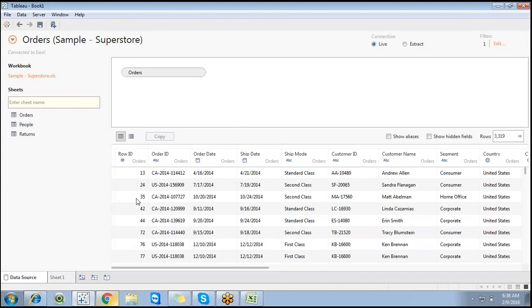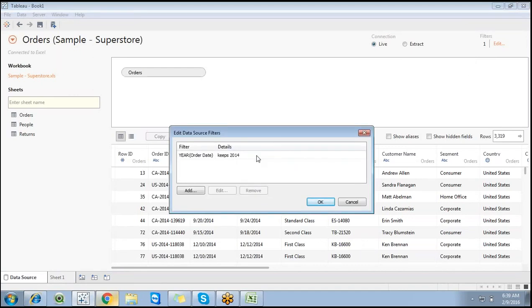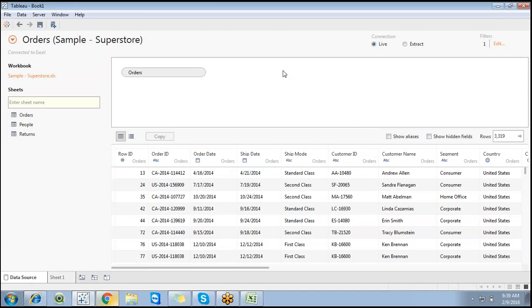Every time I want to restrict some part of data for every report, or all the reports, try to restrict that particular data in the backend. That is called the data source level. So we have a concept where we apply filtering at the data source level.